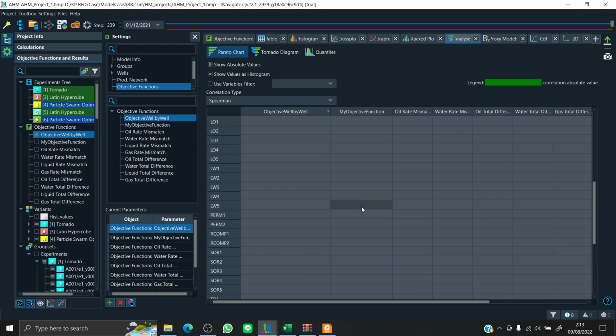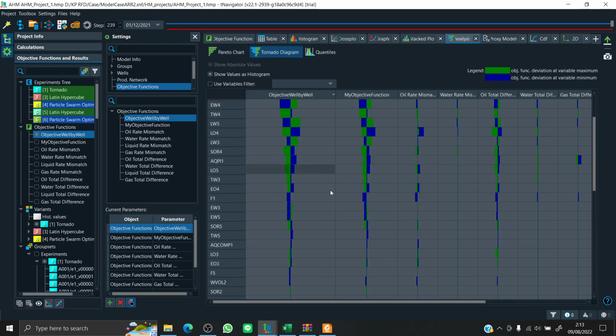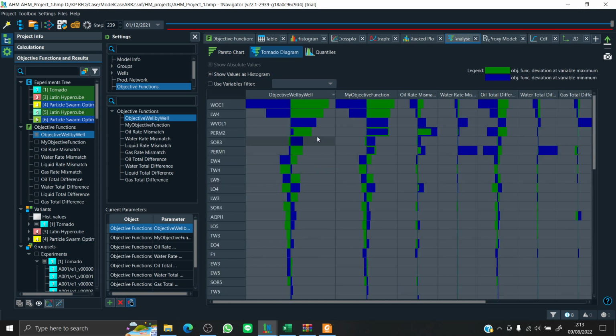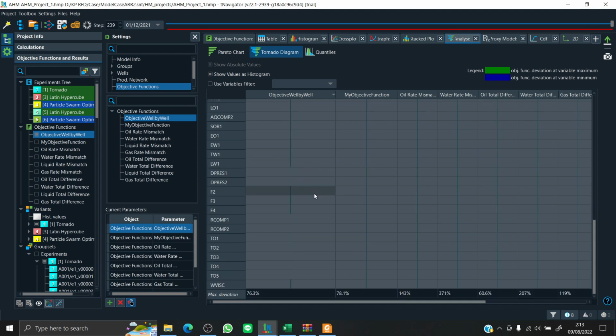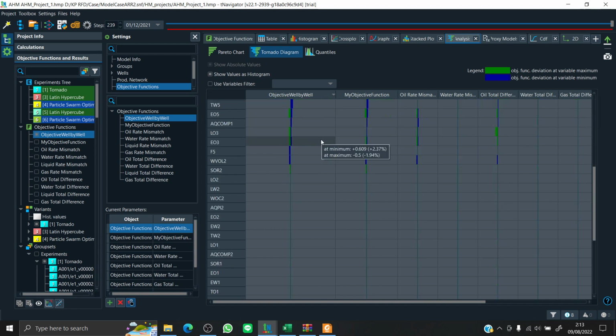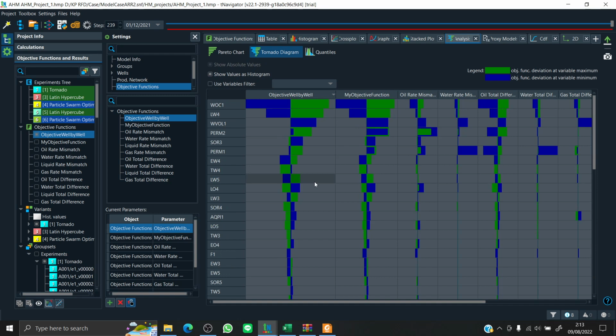I think that's all for the uncertainty analysis. You can do your analysis from here, and most importantly, you have learned how to incorporate your uncertain variables into the workflow and run the AHM experiments. After this, you can do your uncertainty analysis and maybe optimize the results of the history matching. I think that's it. And you can also do it for optimization, actually, depending on the needs.